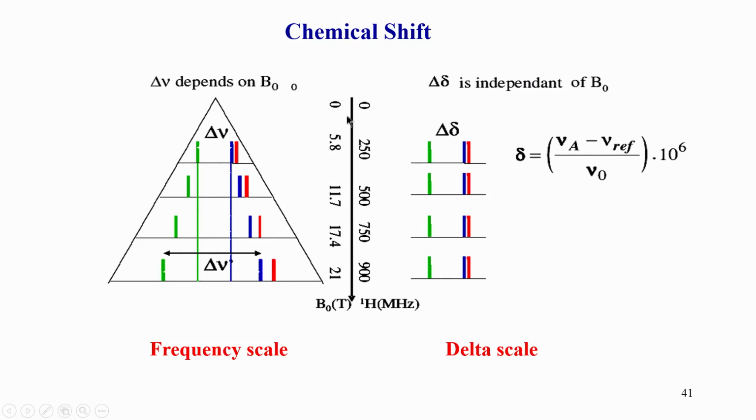As you go to higher and higher magnetic field, it is not that the chemical shifts are not changing, they are changing in the Hertz scale, and that helps to increase the resolution. That is one of the reasons why in biomolecules there is a lot of effort to go to higher magnetic field, because the resolution improves as we go up, and this resolution goes up linearly. Therefore it is very useful to have a Hertz scale or higher frequency for biomolecules.